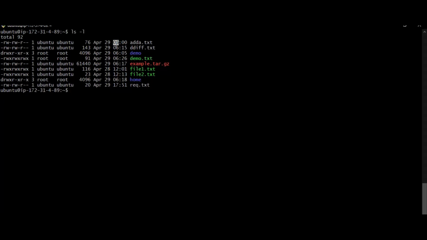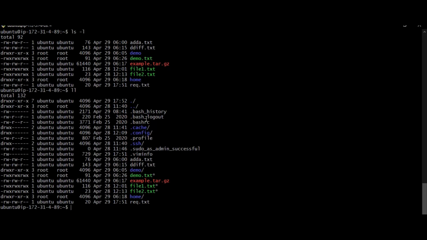So like this we can see the entire information of the file. By using ll also, we can see the same output with dot files, I mean with hidden files also.